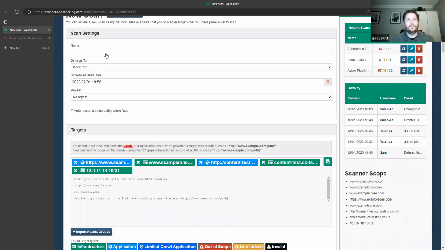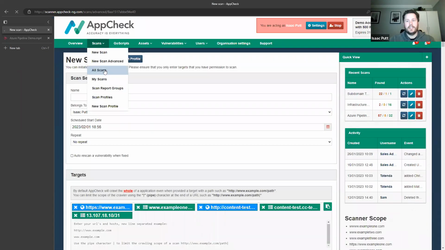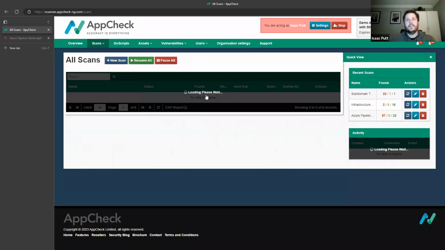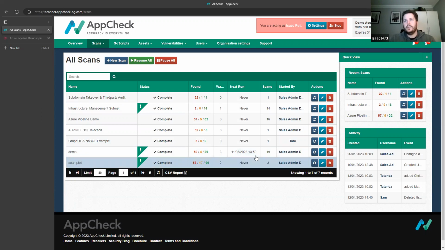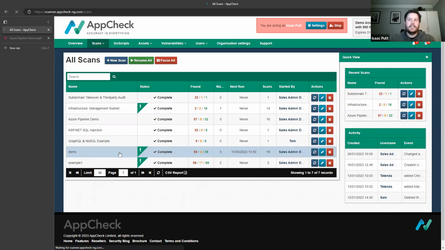And then primarily where our users spend most of their time is in the all scans area, where they're looking now at the vulnerabilities that AppCheck potentially has found and how to remediate and how to report and how to get that visibility of exactly where these vulnerabilities are, what has been located. So we've got demo, we've got reports we can take out at any stage. It says that the test was complete. It tells you the nature of this traffic light system of severity based on all the vulnerabilities located. And then it also says when it's next due to run. So if I click into this here, it's now going to load up the results of this test.